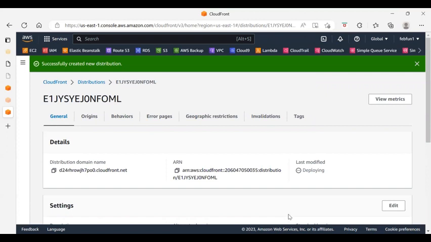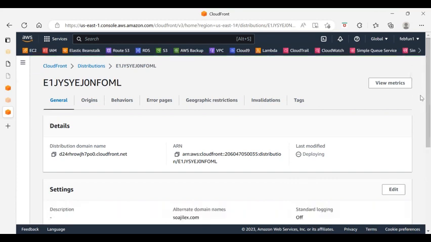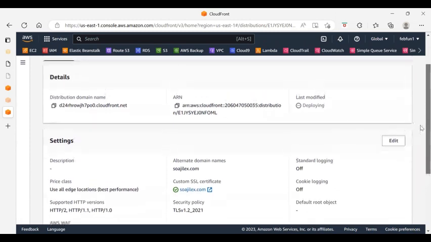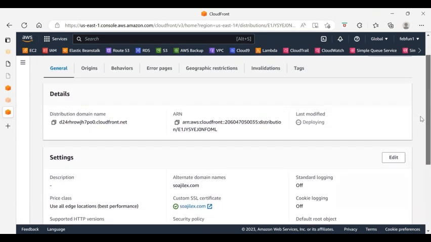All right. So yeah, we have done it for the two buckets. So the next thing for us to do,